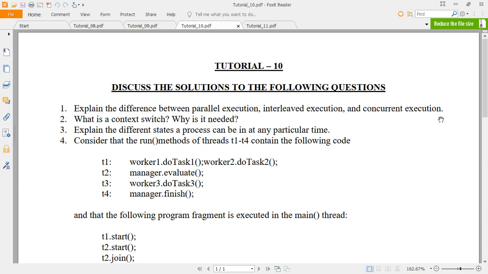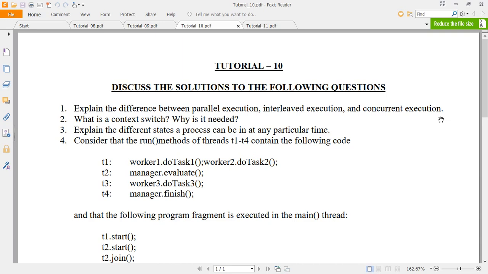When the tasks are loaded into memory, the CPU will switch back and forth between the tasks, so that it goes into an interleaved fashion.